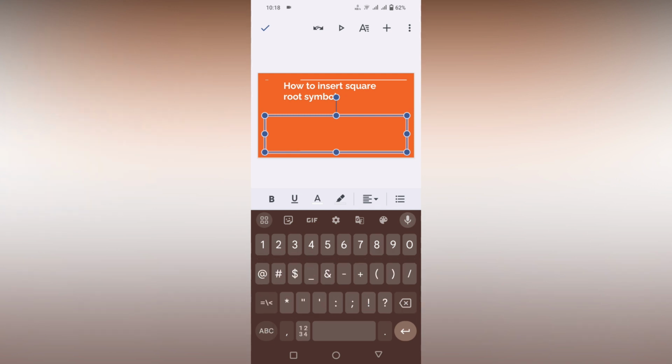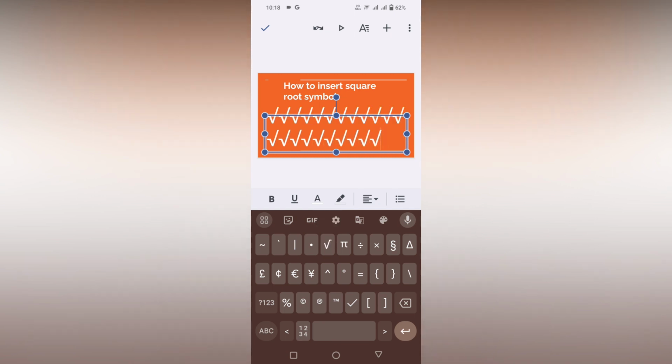First of all, click on this number section here on the bottom. Then you just need to click on this equal symbol section here. You will see the root symbol here, square root symbol here. This is how you insert the square root symbol on your Google Slide mobile, because there is no option